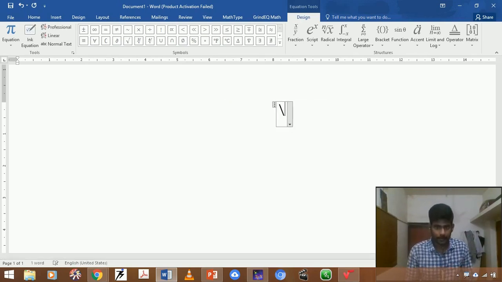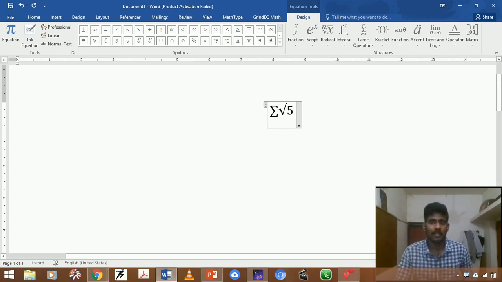See here, for example, there is a code to show summation. I just need to use a LaTeX command, that is \sum. For example, if I want to insert a square root of 5, there is a LaTeX code, \sqrt. If you just give a space, you automatically get the square root of 5. Likewise, the equation editor is also associated with TeX commands.